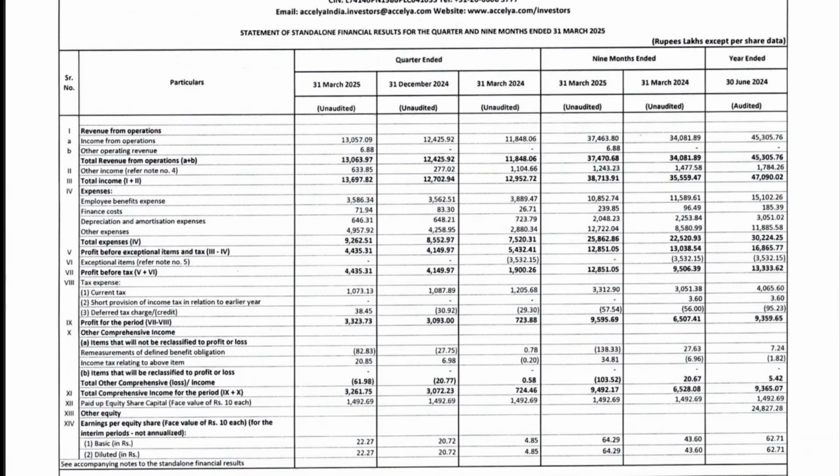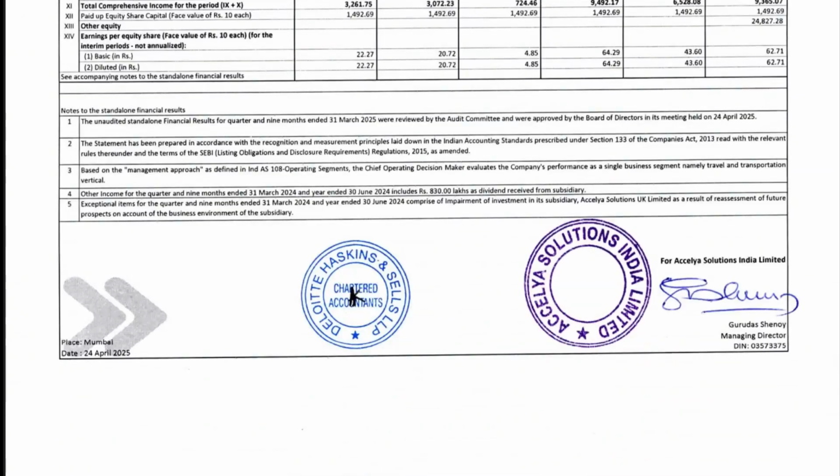So in standalone, they have dividends coming from their subsidiaries, but when we check for consolidated, they won't have dividends. That total income would be added to the income and total expenses would be added here as well. But the difference shouldn't be much, because if you take 830 lakhs of other income, 8 crore. So here we have 12 crores of other income, and only 8 crore of that is coming through dividends of the total revenue of 374 crore, or 387 crore rather. Only 8 crore is coming as dividends. So it's not much.